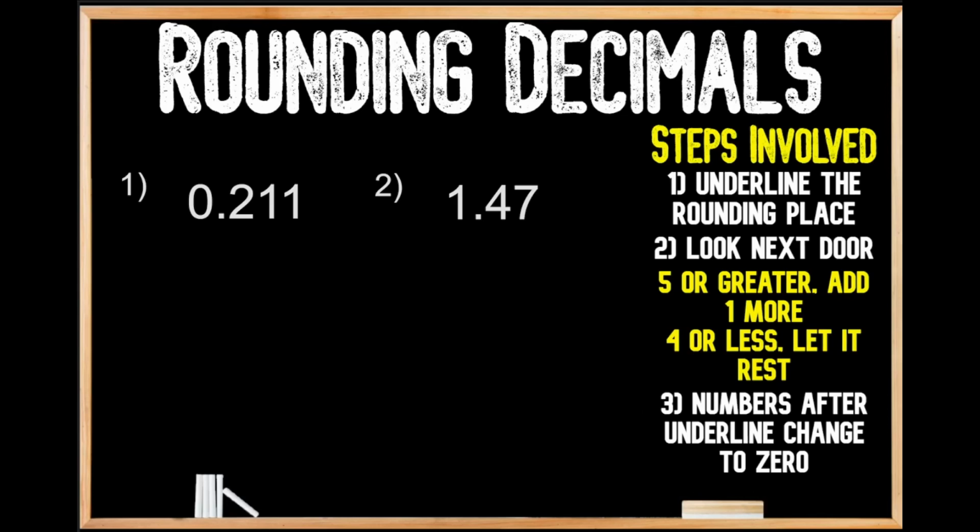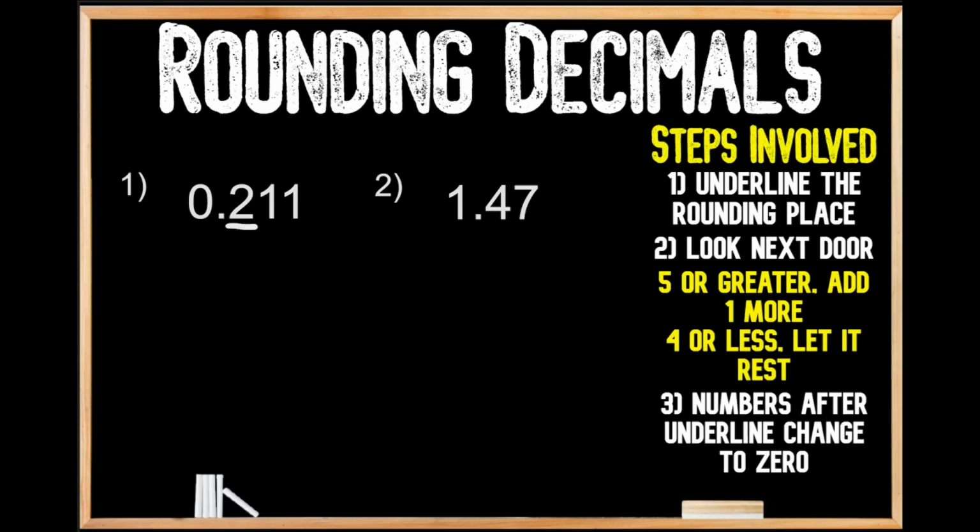nearest tenths. So looking over to the right-hand side under our steps involved, we can see that our first step is to underline the rounding place that we're looking to round. And since we're looking to round to the nearest tenths here, we're going to underline the 2 here, which is in our tenths place. So now we can move on to step number 2, which is to look to the